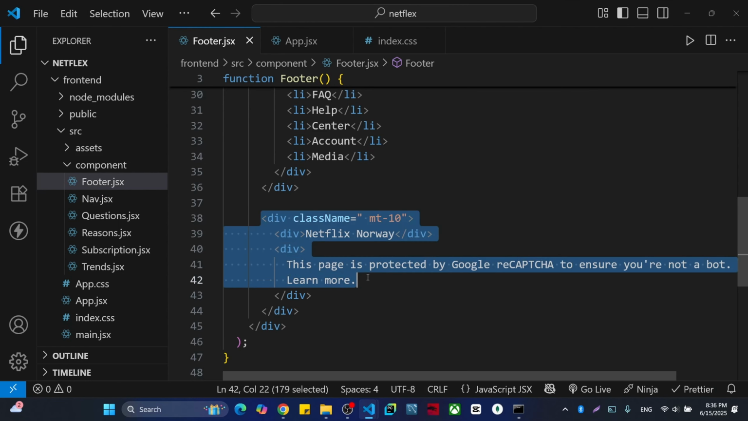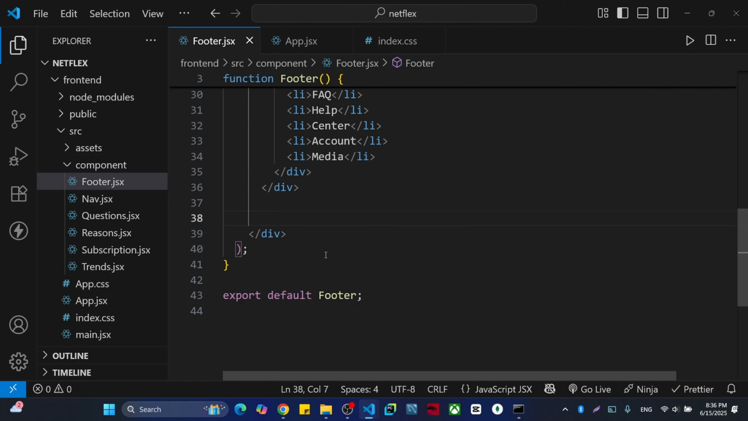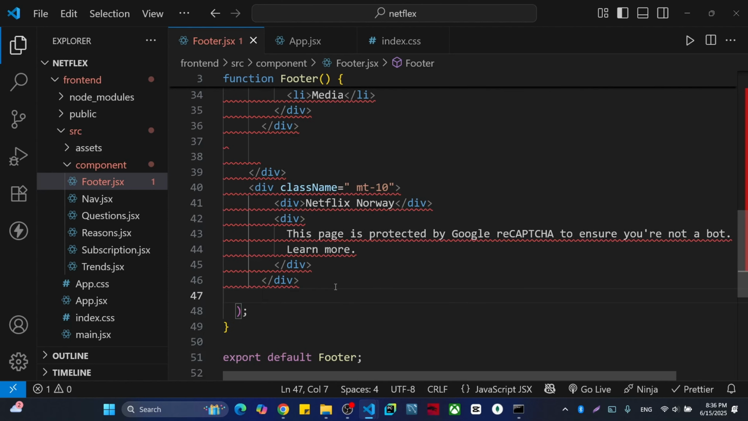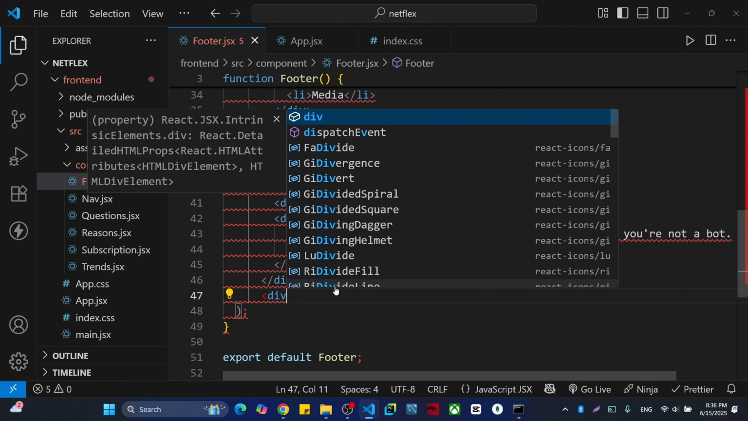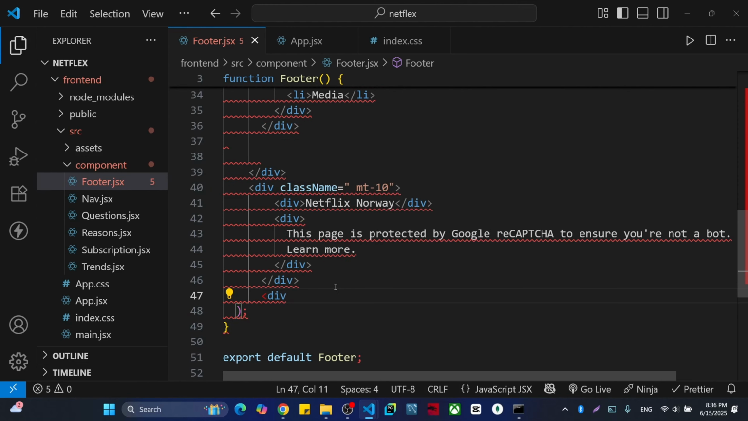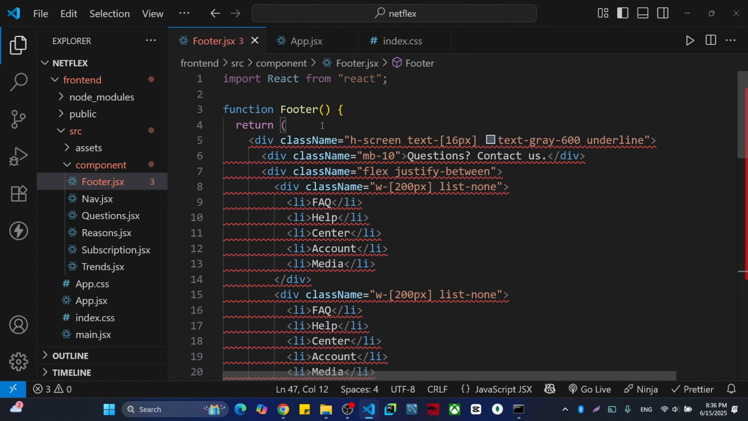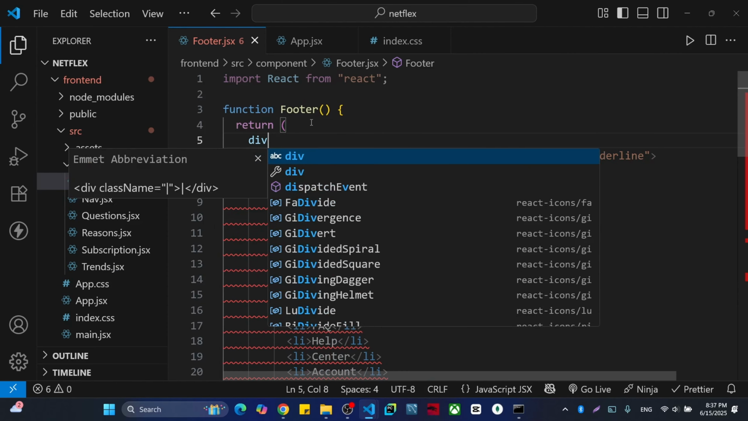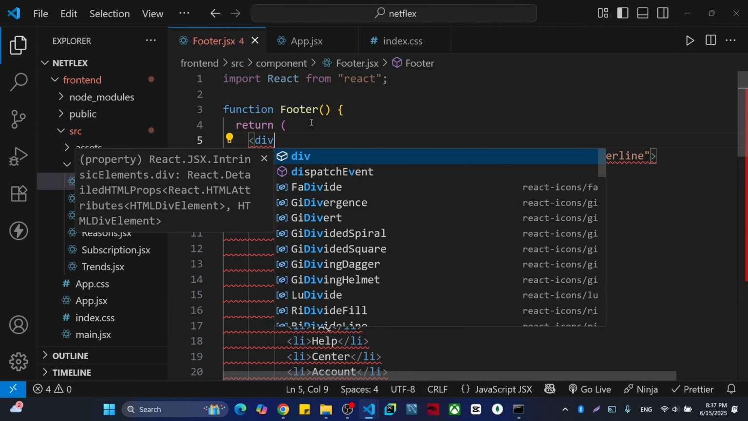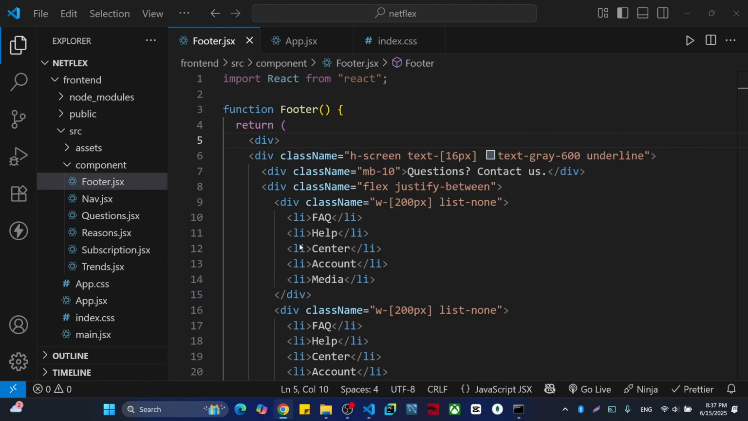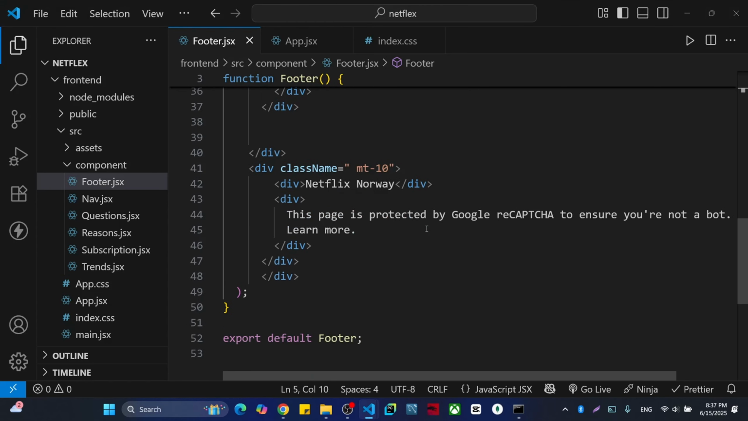I'm going to just come here and delete that portion, and also give that div, like div and closing div maybe, and add one div on the top, then it will be okay completely. Div. Okay, now you will see something like this one, and